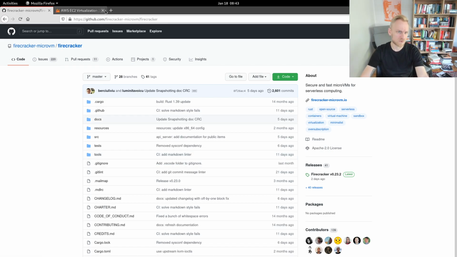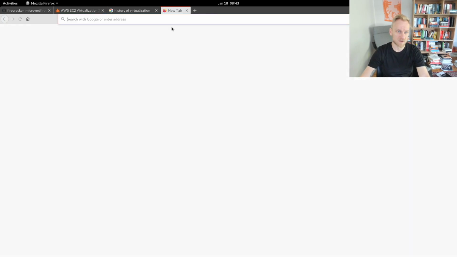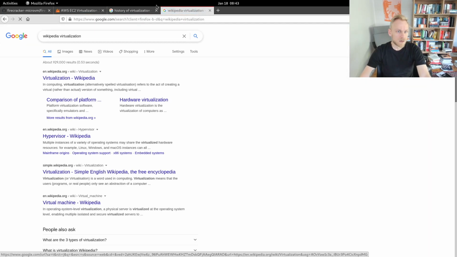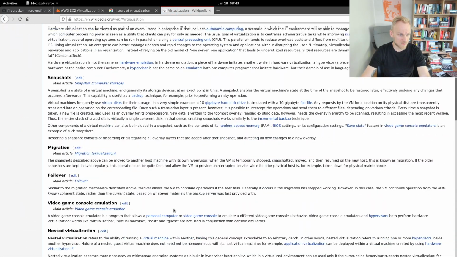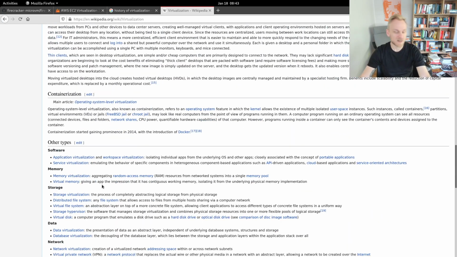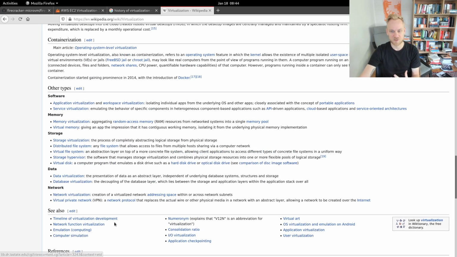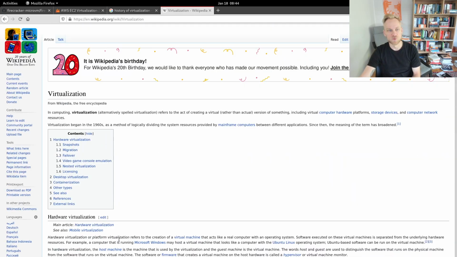There are some really good histories of virtualization sitting around on the internet. Let me see if I can get an example of this, maybe like type 1 and type 2. There's nested virtualization. I'm finding it hard to talk about it succinctly because it is such an absolutely massive topic, right? You can virtualize specific pieces of hardware. You can virtualize the whole kahuna.